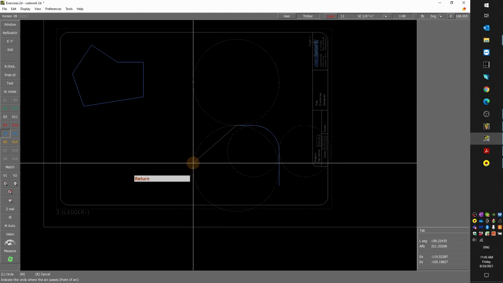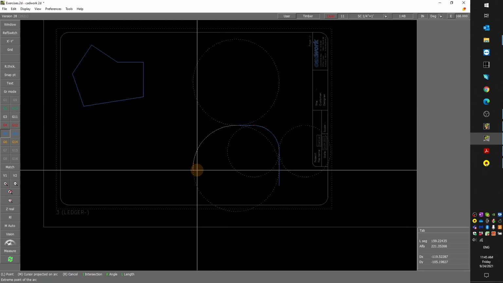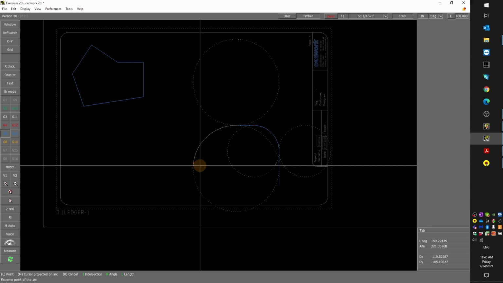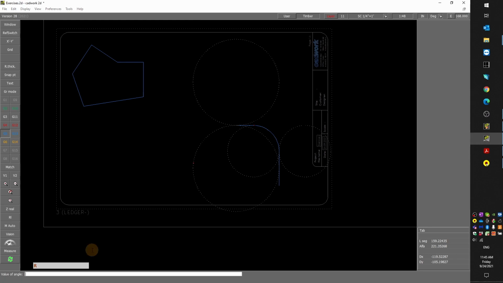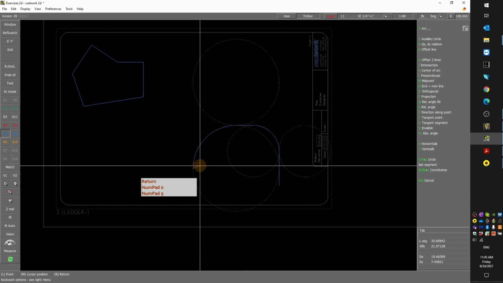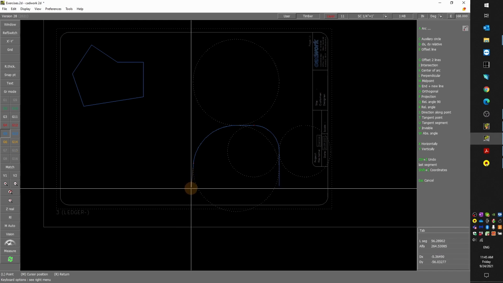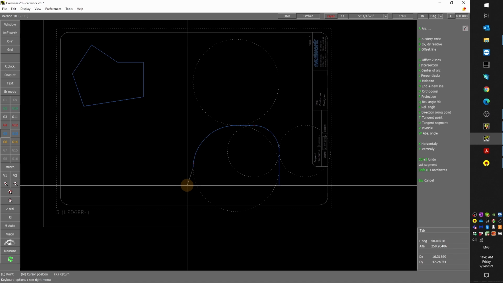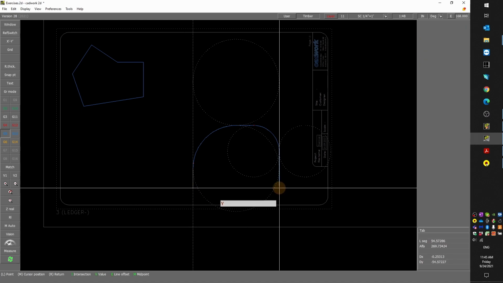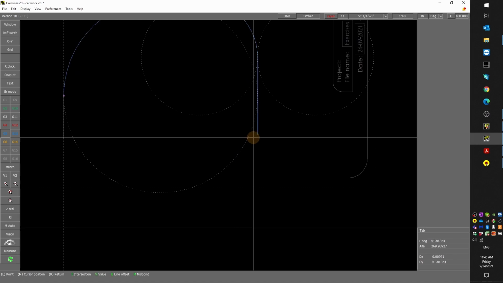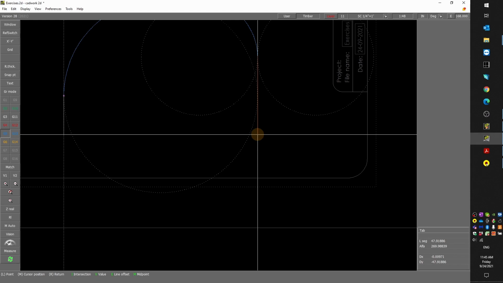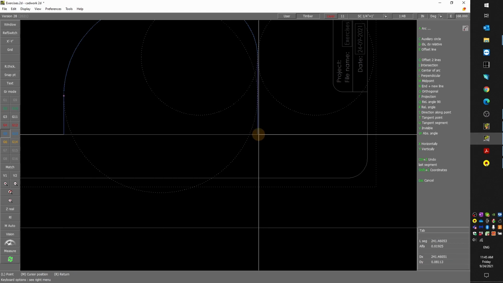And then again, I click on the segment here, and again, I know the angle, 90 degrees. Then the remaining vertical line, so I press Y, click on my first point, left click, and left